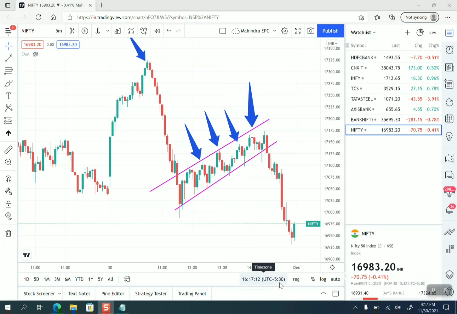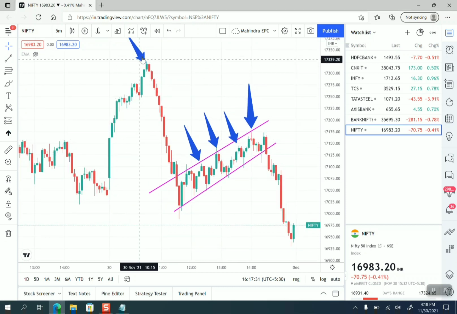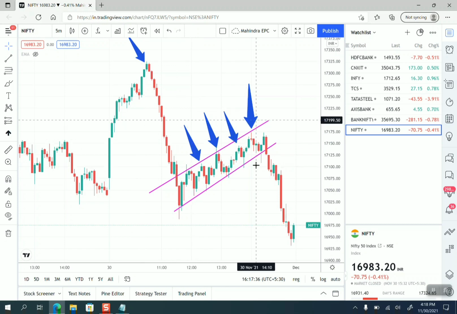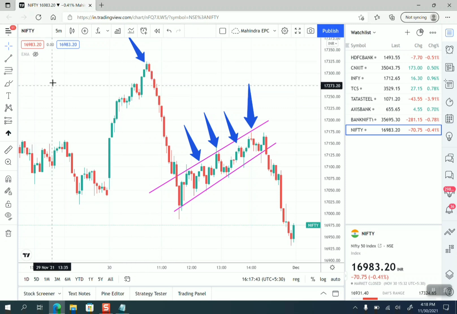So let's move to the 5 EMA and how I took a trade. This is today's, 30th of November, Nifty chart, and I'm opening it at 5 minutes. You might have seen during the day that I have given a few calls at this particular level, at 320 level. Then these many calls I have given, and we saw appropriate downside after giving each call. So let's see how I mark those things.